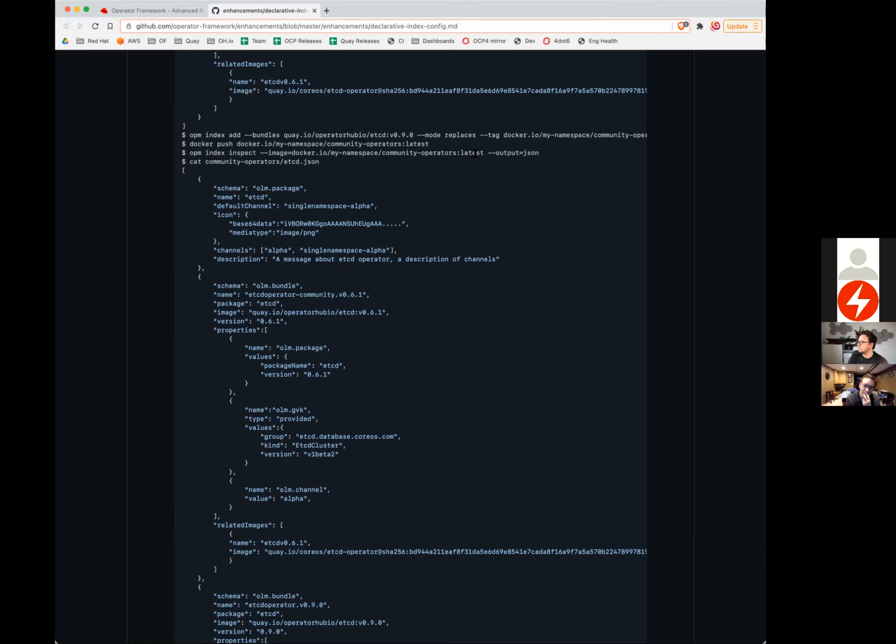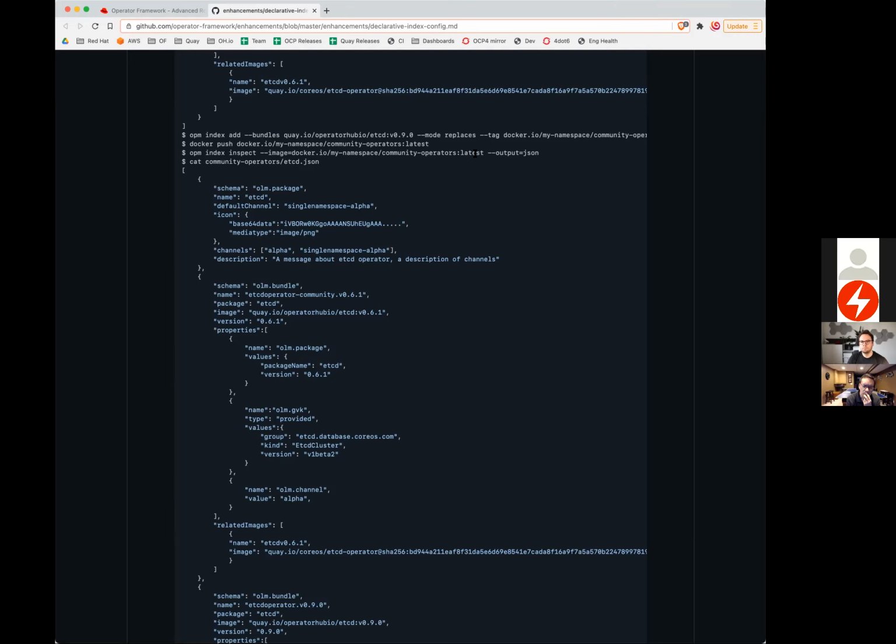There is a validation command. We have tooling for showing you what the graph looks like, in dot format and stuff like that, after it's created. I don't expect the validation for the declarative index to be any less strict than what we already have.